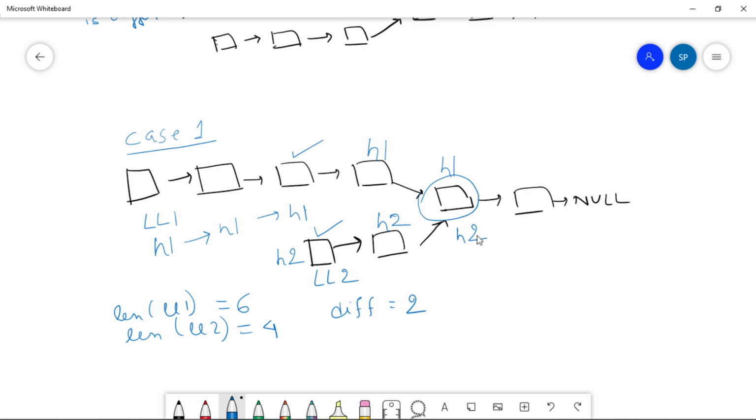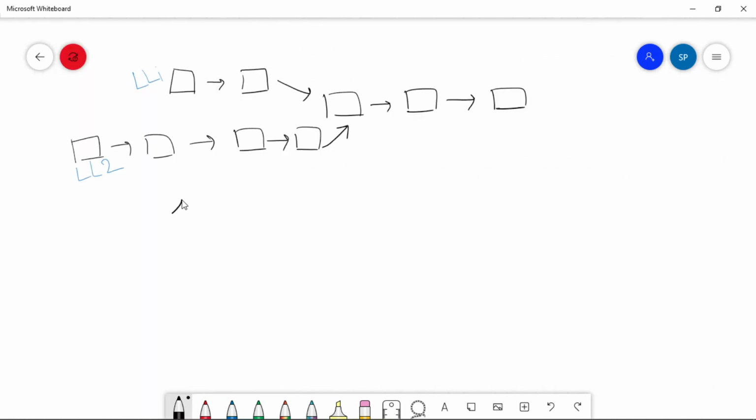We'll return here. Now we'll see another case where the length of the first linked list is smaller. Now the length of the first linked list is 5 and the length of the second linked list is 7.